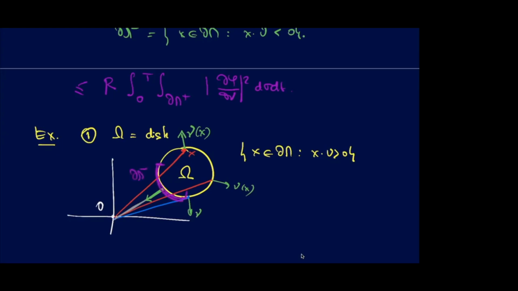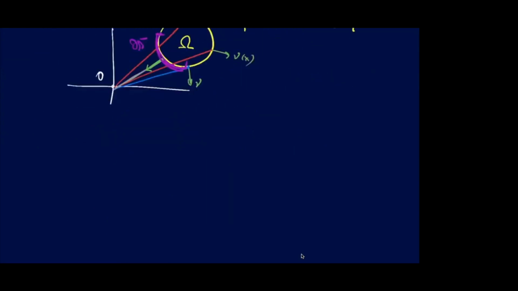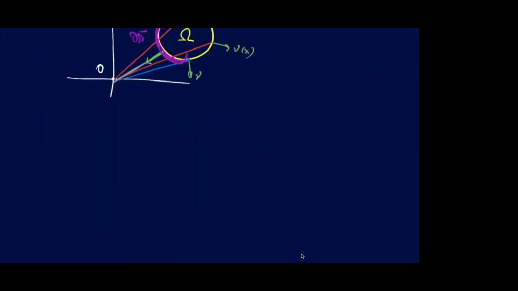This is the ∂Ω minus, and this is the ∂Ω plus. So essentially, given a disk, depending on how far it is from the origin, you will always be able to control the wave equation with a part of the boundary just bigger than half the boundary of the disk.